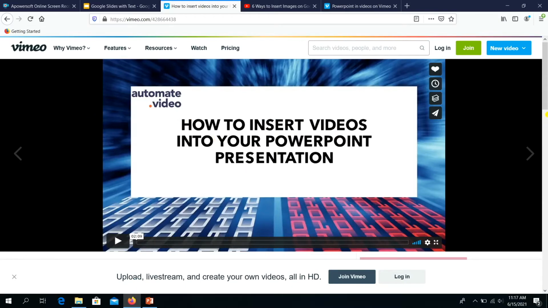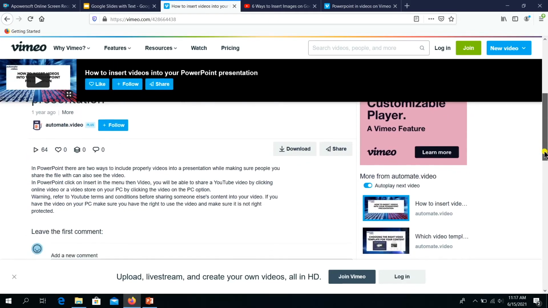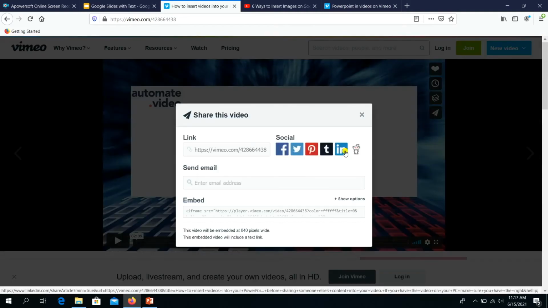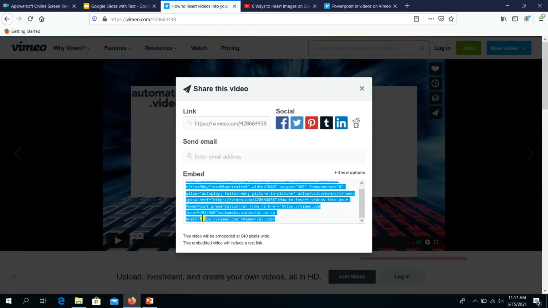And I'm going to go to the bottom of the video and choose the share option. And it gives a video embed code. So I'm going to click to select it, so it's highlighted in blue, and then press the Control button on my keyboard and the C button to copy